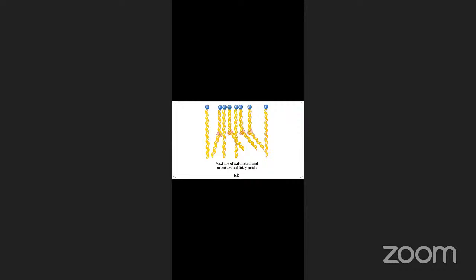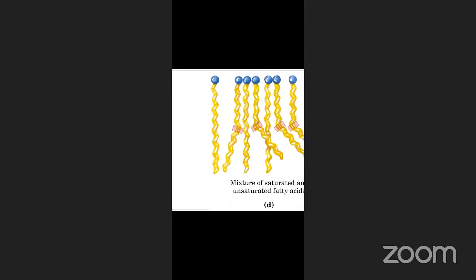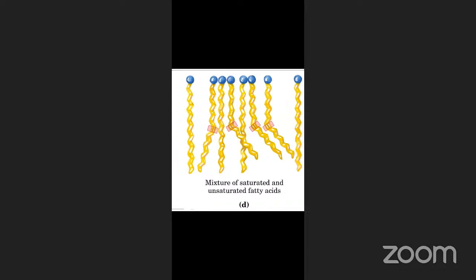One more important concept here is, if you see the first fatty acid, this is the representation of how we represent it. The blue part is called the head group, and the yellow part is the tail. Whenever it is straight, in the sense it is not rigid, it is flexible, but there is no bending, it is straight. Such fatty acids are saturated, that means only single bonds are present. Whereas in the adjacent fatty acid chains, wherever you see a bend, they are unsaturated fatty acids.